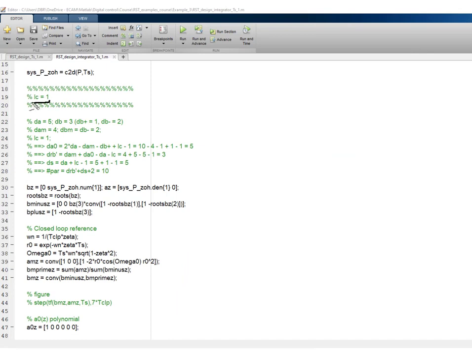So LC is equal to 1. The design of the closed loop reference model is of course the same. What will change is what is over here, the degree of the observer polynomial. Here you have the observer polynomial. Again, you can investigate what happens if you put other roots than 5 roots at the origin. This will influence the robustness of the system, of the controller on the actual system, and it will also influence